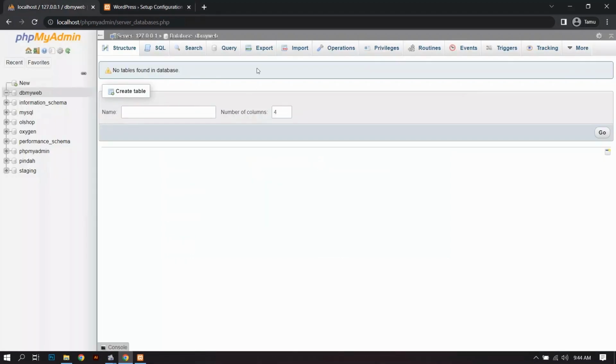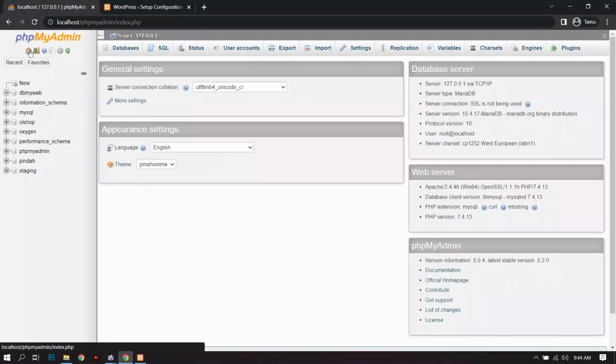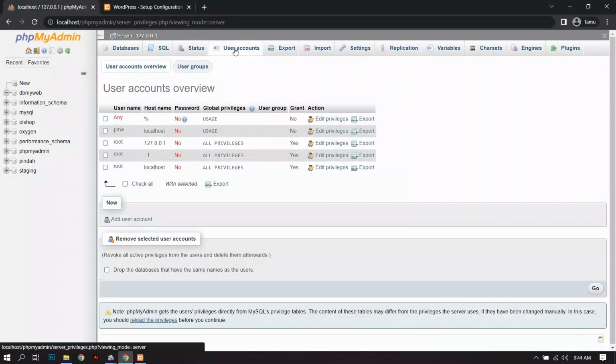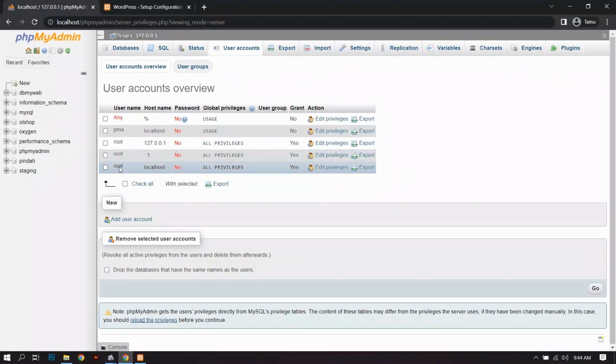For the database username and password, you can see them in the user accounts on the phpMyAdmin panel. Here I use the user root, the password is empty, and the hostname is localhost.